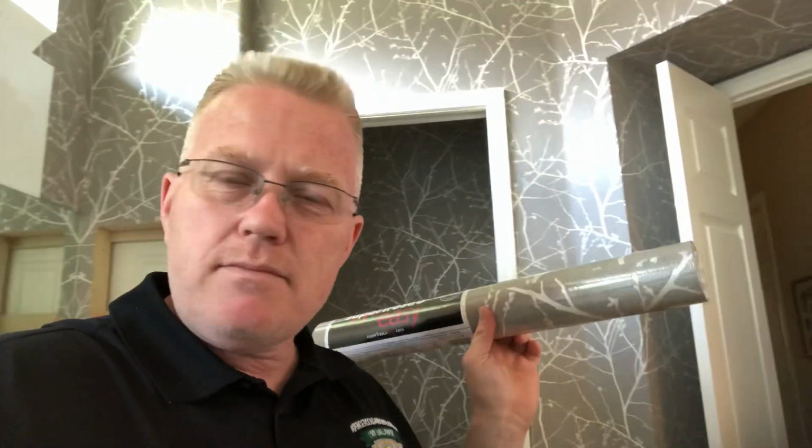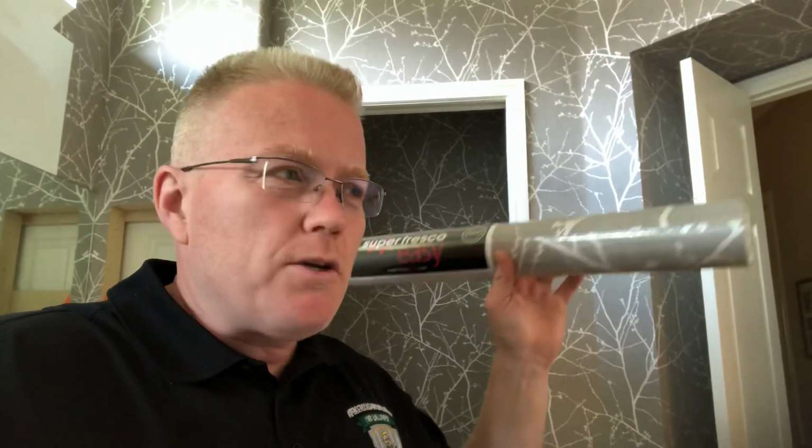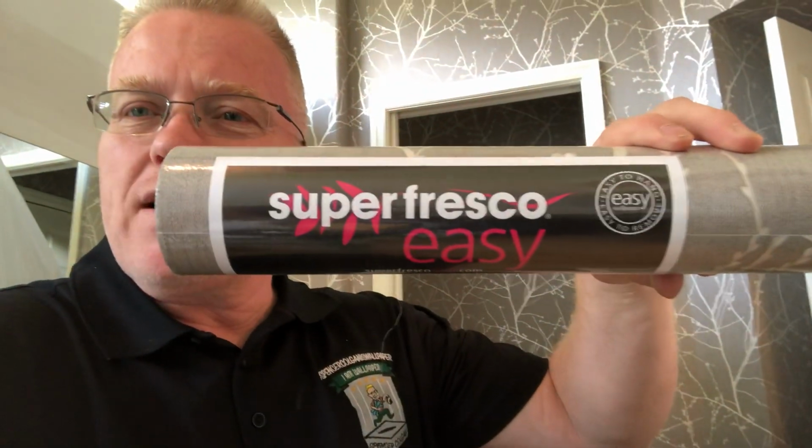Let me tell you what's so unique about this wall covering. It almost goes on like grass cloth in that there's no wrinkles. You put it down, it stays down. You swipe it once, all the air comes out from underneath it. I mean, if you were going to install wallpaper for the first time, this is the product you might want